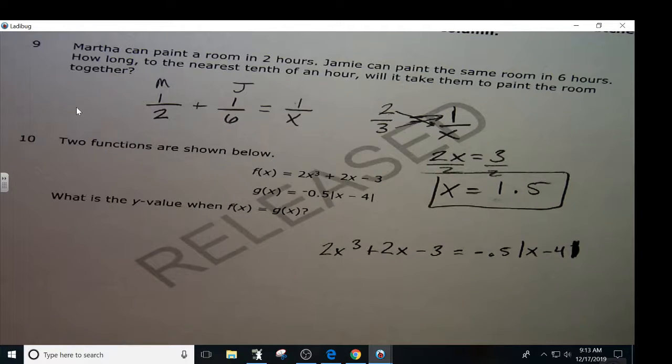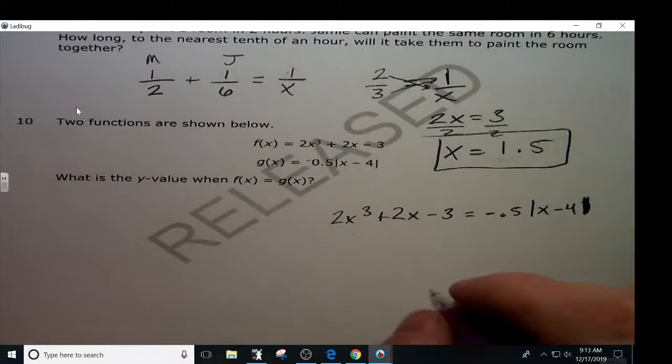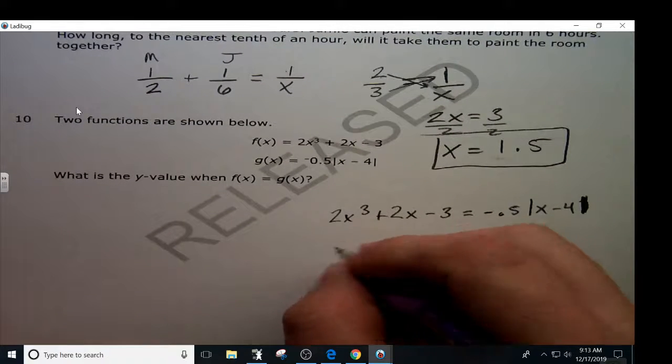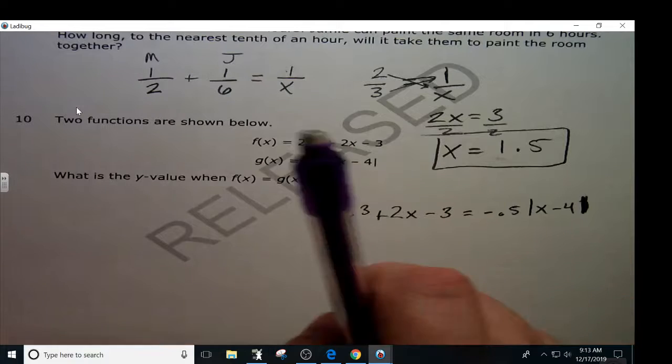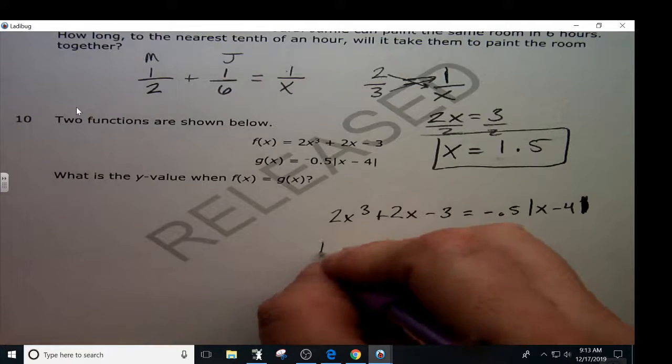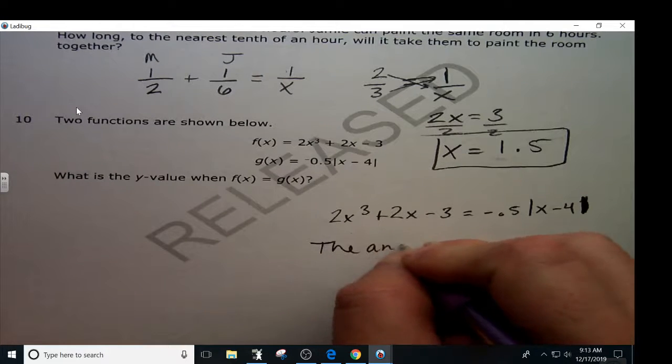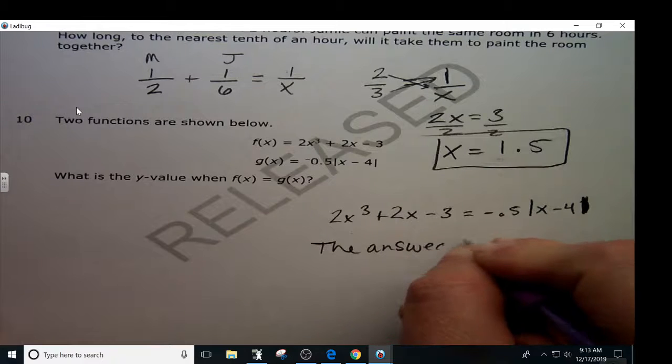You'd have to get one side equal to 0, okay? But now, why don't we do this, guys? Is that mine? Thank you, bud. The answer, thank you, is where